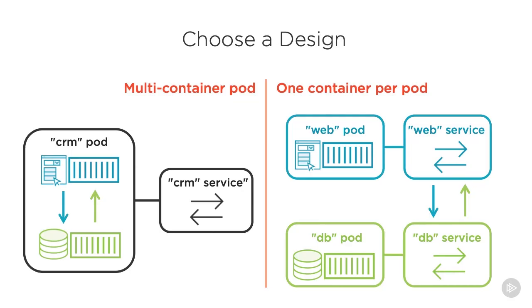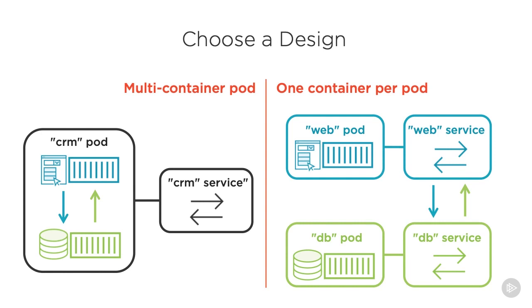Let's test your knowledge before the next clip. You already know the architecture of our CRM app and that we are trying to slowly transform it from a monolithic app to a microservices app. Should we design our Kubernetes architecture using a single pod with multiple containers fronted by a single service?